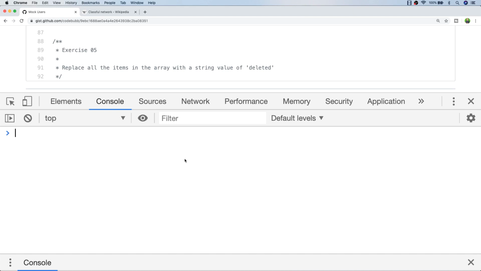It's asking us to replace all of the items in the array with a value of deleted. So this is just going to be a string that literally just says deleted, and we're going to get rid of all the other data that's in that array of objects. So before I show you the solution for this one, if you're not following along and having a go at the exercise yourself, do take a second to just think how you would do this in your head. There's obviously several different array methods that you could use to achieve this. But which one would you pick to actually go through each of the items in the array and set its value just to deleted? So probably the simplest way to do this is to use the fill function,